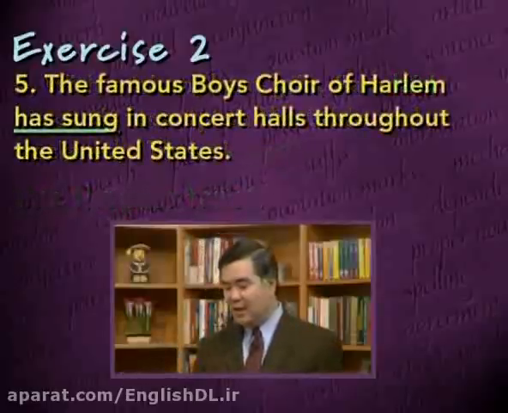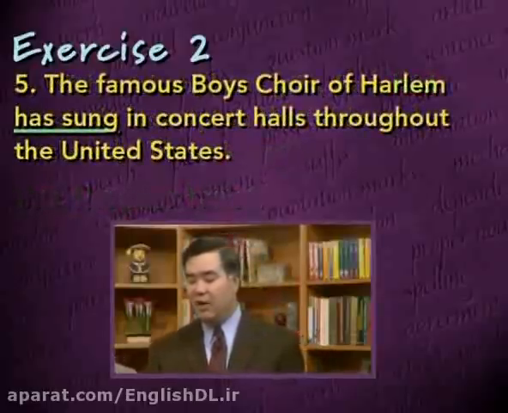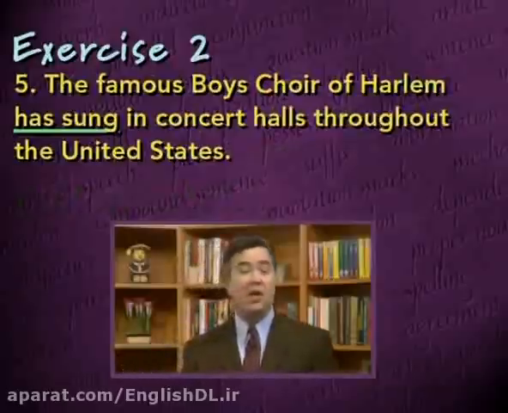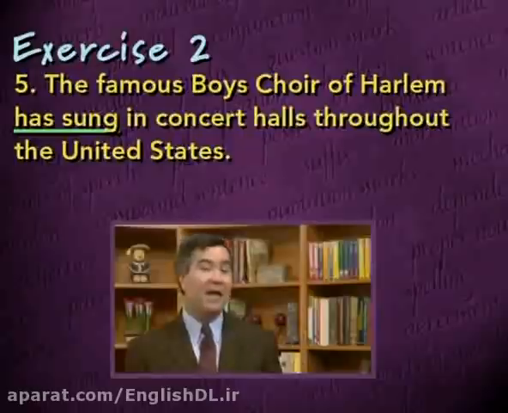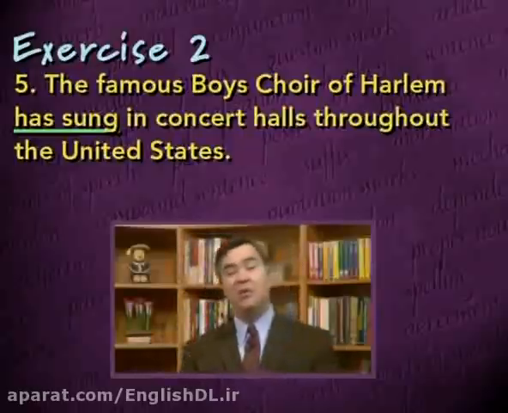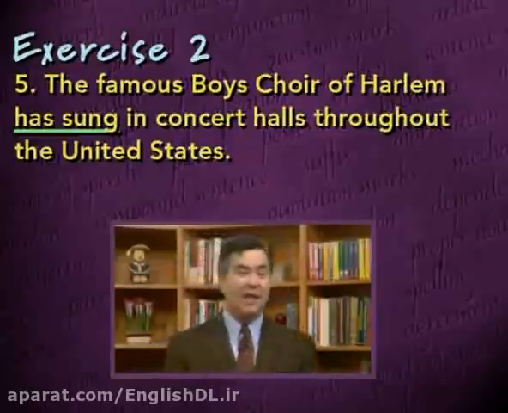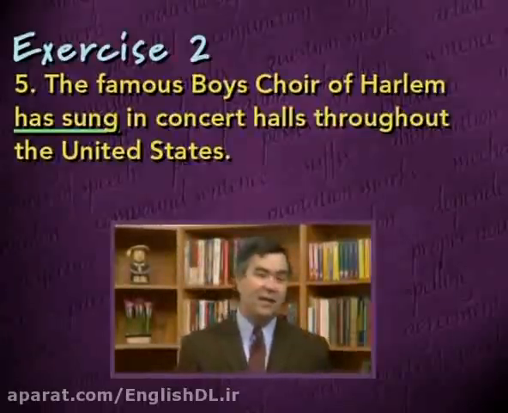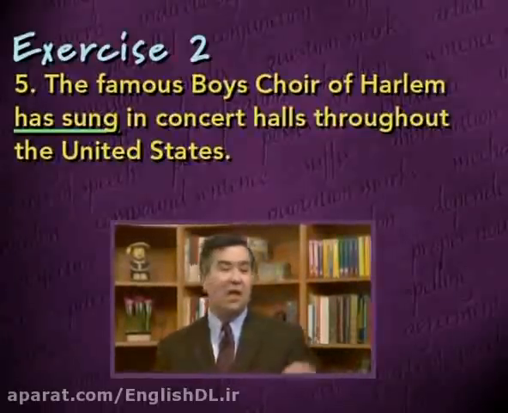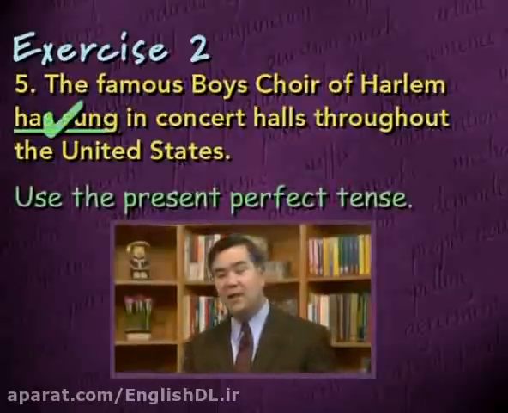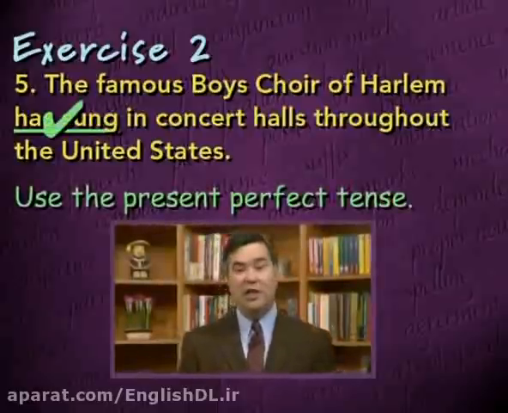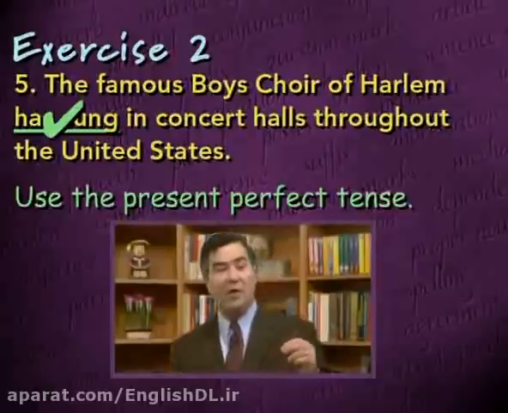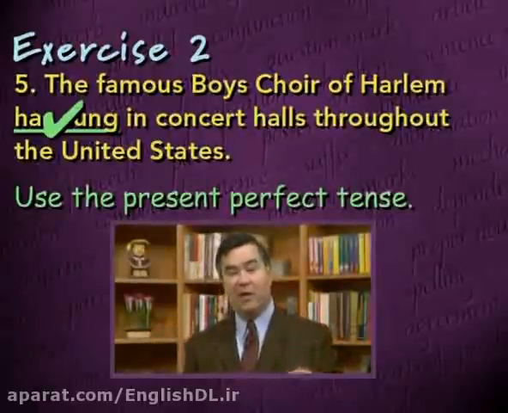Next example. The famous Boys Choir of Harlem has sung in concert halls throughout the United States. What's being described here is a past action taking place up to and including the present. The singing by the Boys Choir of Harlem is something that has happened in the past and continues to happen today. So the present perfect tense is being used here, and that's formed by the verb has, helping verb, together